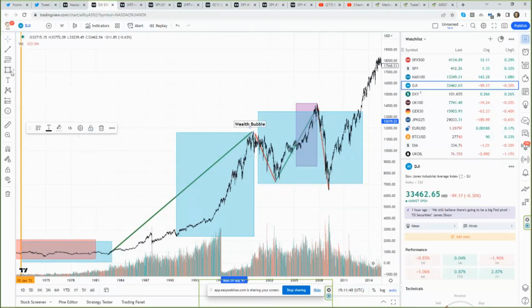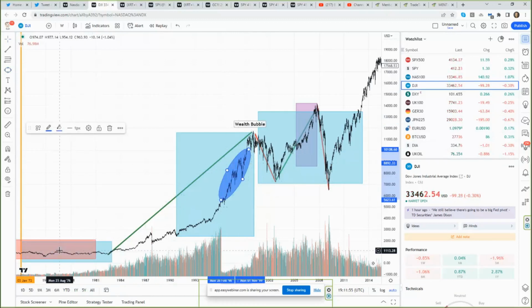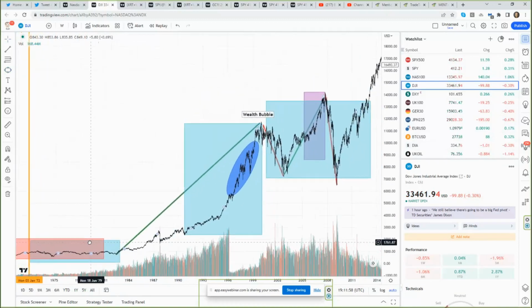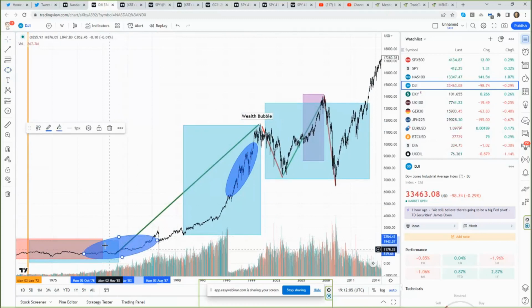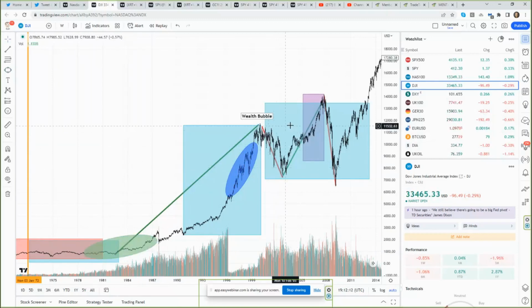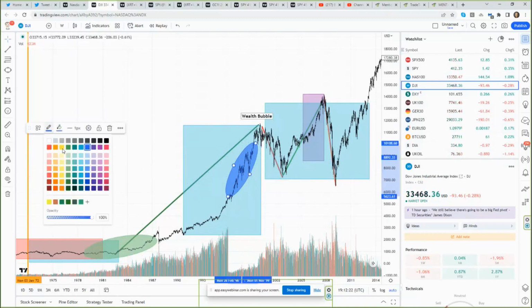But those that were, and I'm going to highlight this in what I'll call a danger zone. So this is kind of a danger zone here. And this is an opportunity zone here. Sorry, let me get this. This is an opportunity zone here. So if you were in this opportunity zone, I'll make this green. You were able to ride this out and ride out this contraction without too much difficulty. Whereas if you were in this danger zone here, this blue area, which maybe I'll make a yellow danger zone,